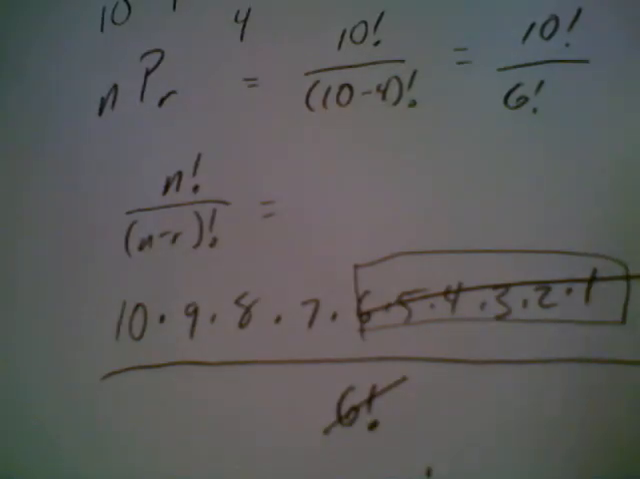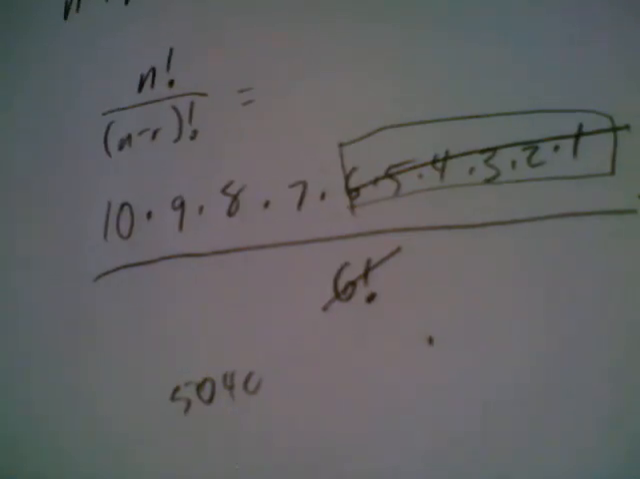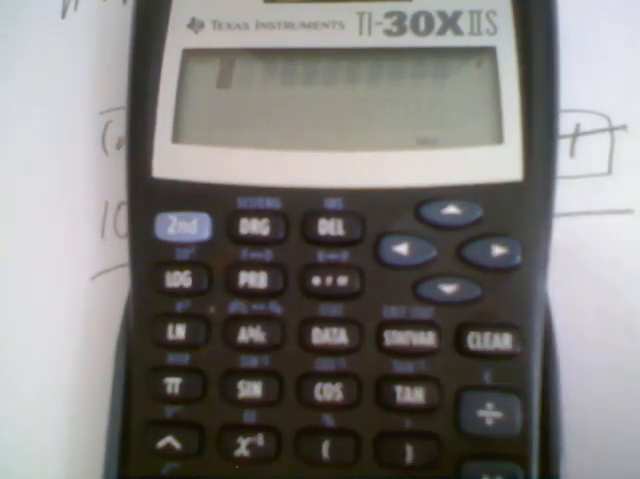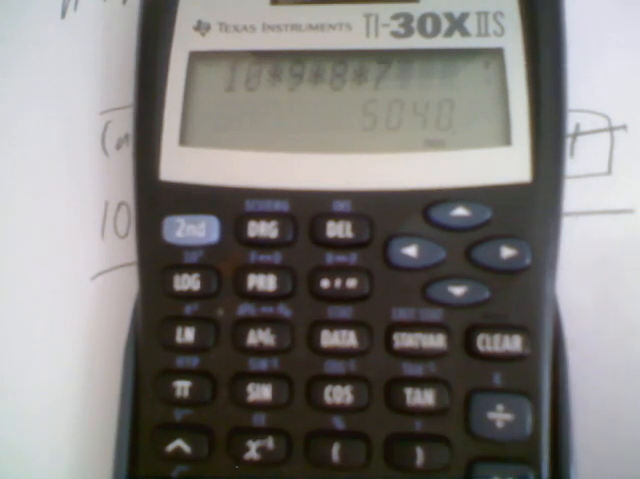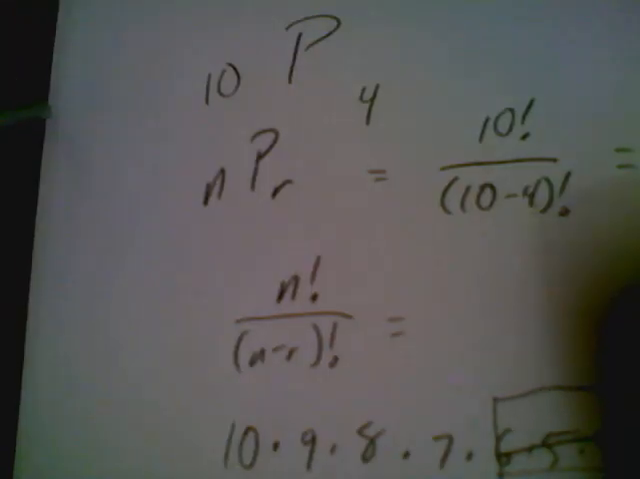So in our calculator, we can do 10 times 9 times 8 times 7, which is 720 times 7, which is, I want to say it's 5040. Let me check just to make sure. 10 times 9 times 8 times 7. It is 5040. However, there's also another way we can do this. We said 10 times 9 times 8 times 7. That's what it is. However, if we're going to use this right here as our way of doing it,